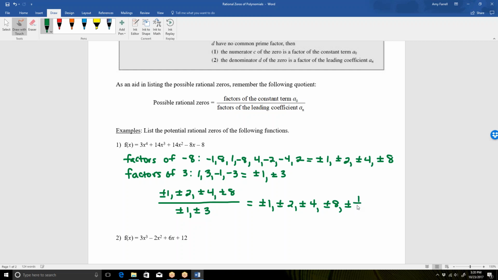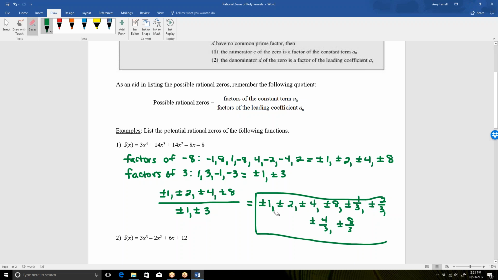So plus or minus 1/3, plus or minus 2/3, plus or minus 4/3, and plus or minus 8/3. So all of these are potential rational solutions